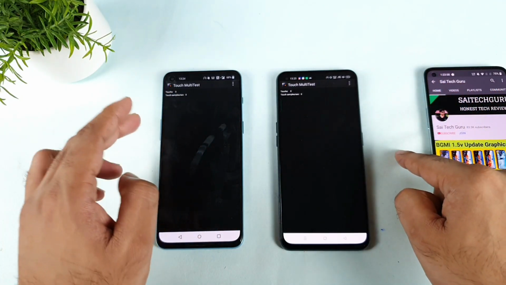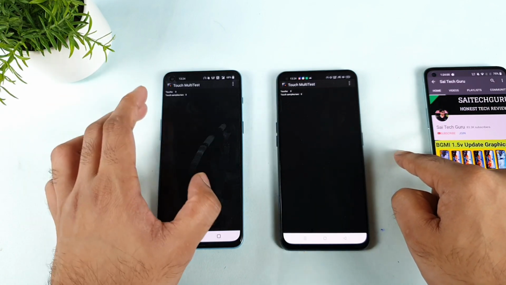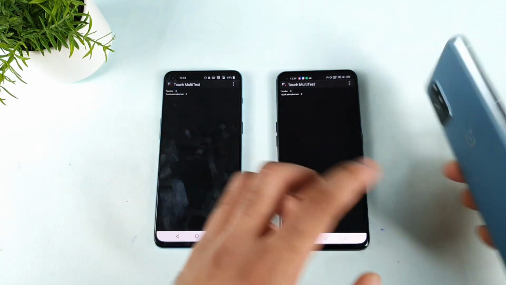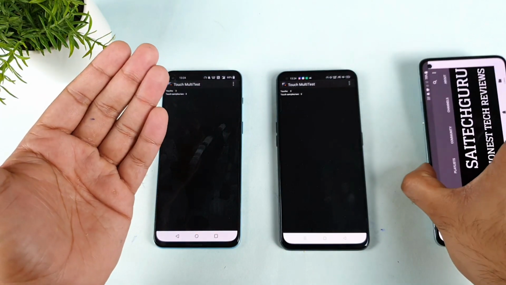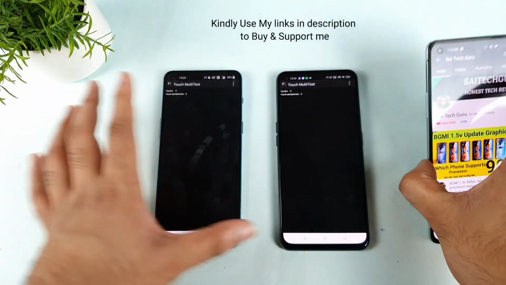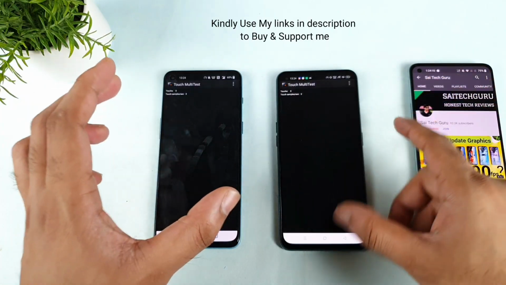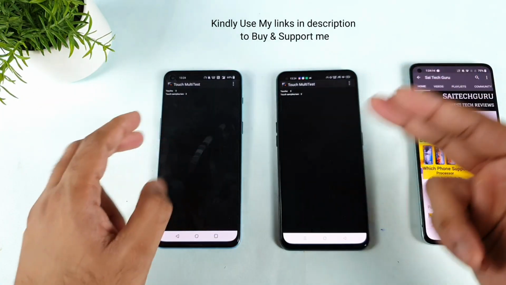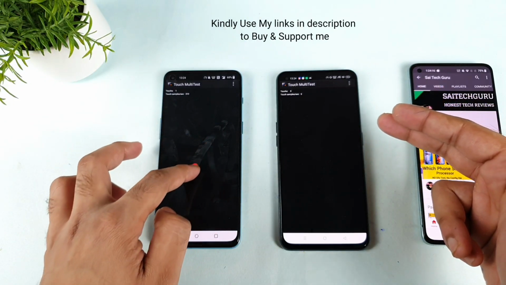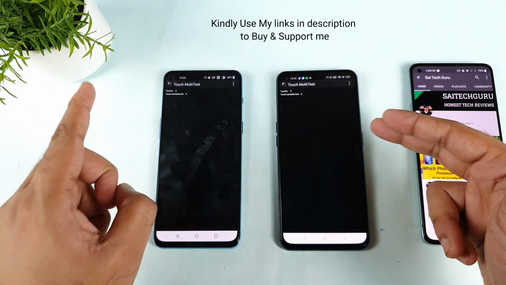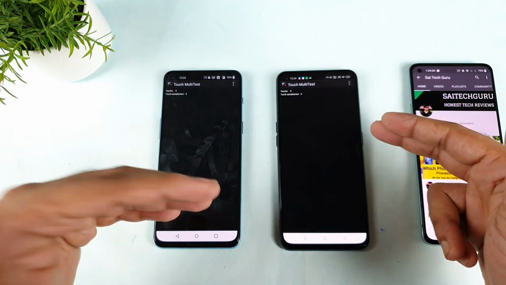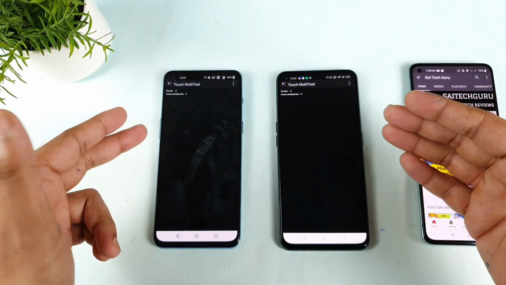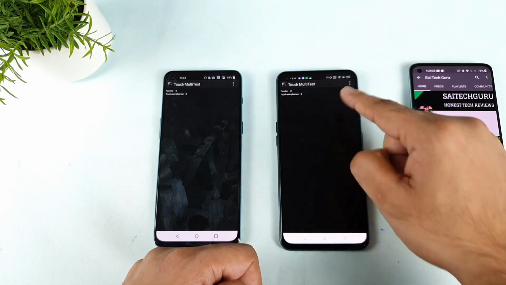And basically, this is the only problem in the OnePlus Nord 2. I did not see this problem in any other OnePlus phone, for example OnePlus 8T or OnePlus 9R or OnePlus Nord CE. The moment the OnePlus UI got mixed with the Color UI, it got a problem with the touch sampling rate. Yes, the default became low. In the OnePlus Nord CE, I used to get really good 180 Hz touch sampling rate without any kind of issues. Out of the box, it's enabled. But right now, it's not the case. Even in the Realme X1 Max as well.